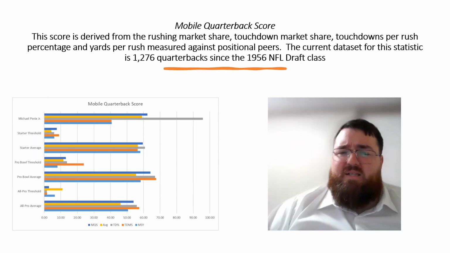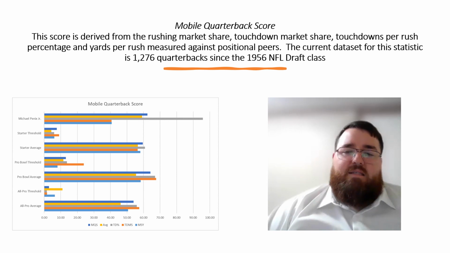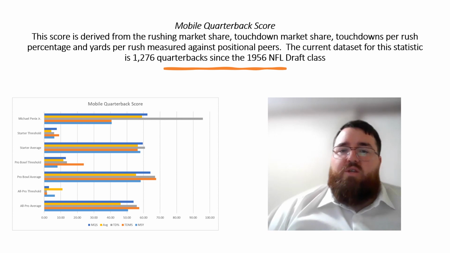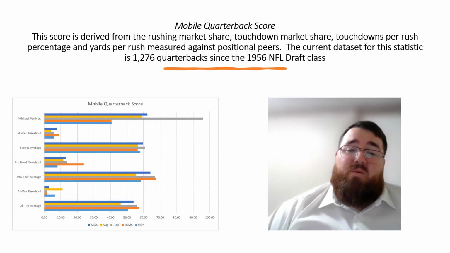So these are some of the statistics to look at here. This is Michael Penix Jr. as a mobile quarterback. Taking a look at his rushing market share, touchdowns per rush, yards per rush, all those factors. Penix Jr. was decent in terms of TD percentage, but the rest of his data was kind of average. So he does have great athleticism traits, but Michael Penix Jr. should not be viewed as a mobile quarterback or a quarterback that you're going to rush consistently, nor should you, based on the injuries that he had in his career.